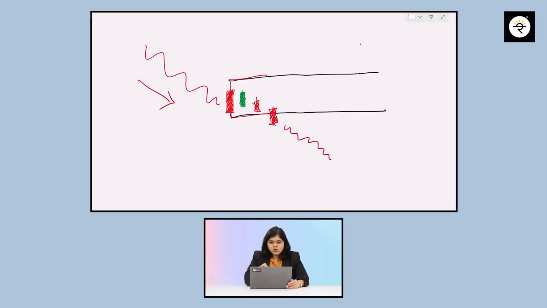What could be case number 2? For case number 2, I'll just rub out this last part of the story. Okay, we are till here. Now what happens? The next candle, let us say, is formed here, and the next candle is formed here. Now what has happened? This candle has broken outside the inside bar's range. Which side has it broken? It has broken the upper side now. Now what does this mean? Ideally, from here, the journey should go upward. Now this will be termed as a reversal pattern. I hope this is clear.